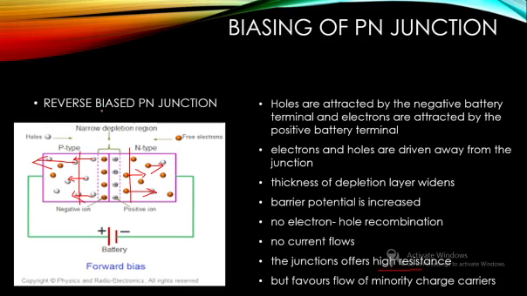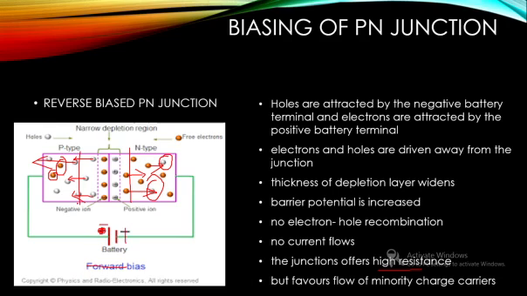What is that due to? Yeah, you have minority charge carriers available in the material. So, though they are very few in number, they are actually feeling the case of a forward biasing, isn't it? So, here you can see the electrons are there in the p-type material. So, they are facing the, so I think this is a reverse thing. So, this must be negative and this must be positive for reverse biasing.